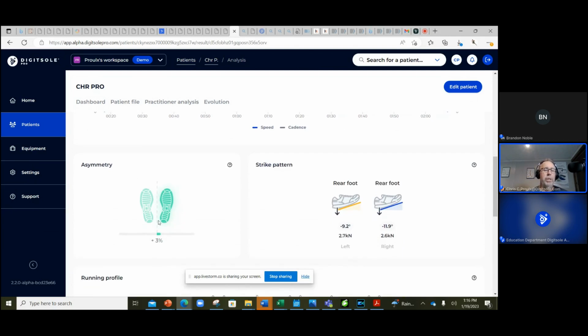The symmetry, that's another characteristic or a biomarker that we can actually establish. Now, it looks a little bit different if you're familiar with the walking analysis. The walking analysis, once we start to approach a 12% asymmetry, right, or an 88% symmetry, it starts to show that there's some abnormalities there. When it comes to running, that's actually shortened up. So even some of the studies that we've done in various movement patterns, we found that seems to be somewhere, normal is going to be about 2 to 8%. And more than that,